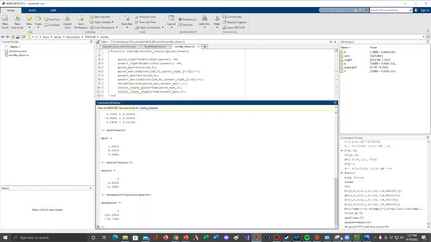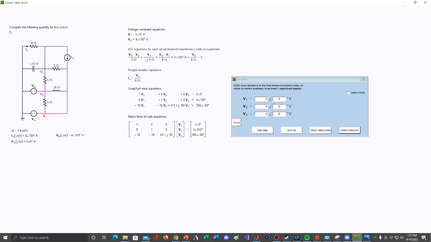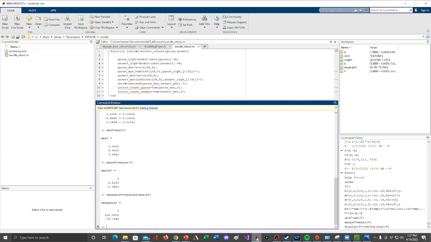Where did Circuit Tutor go? It's over here. So our first ones, of course, we already kind of knew most of these because this was in the form V1, V2 equals. So obviously our first couple solutions are 5 angle 0 and 4 angle 150. So now I just have to go snag the other values here. And so in MATLAB, we're looking at 3.0641